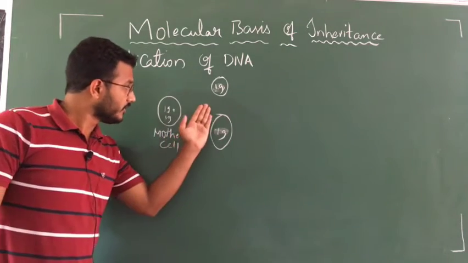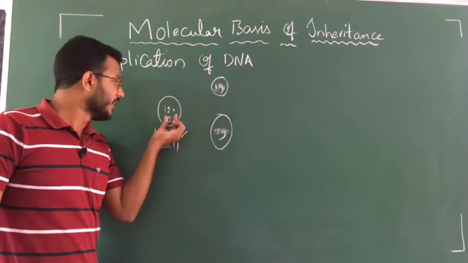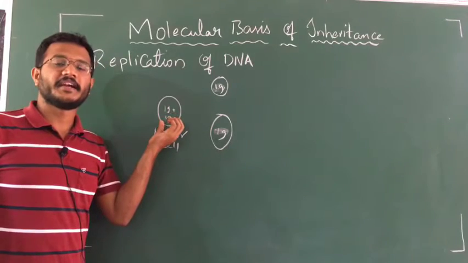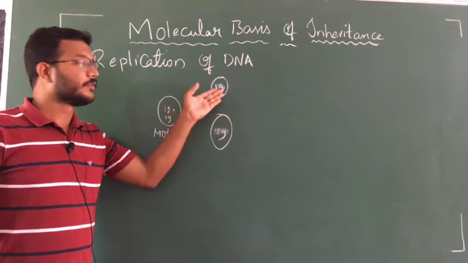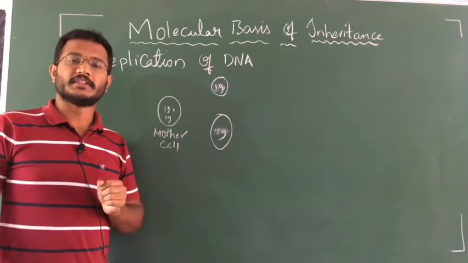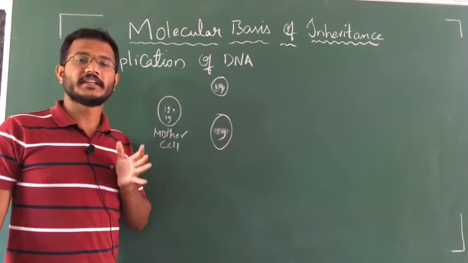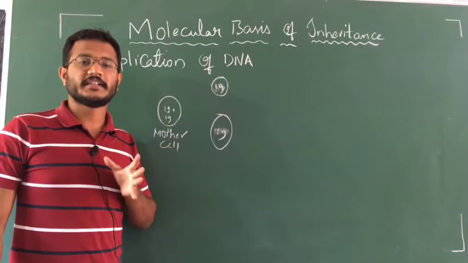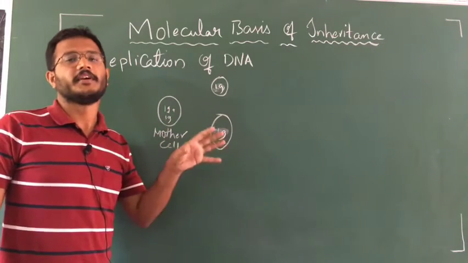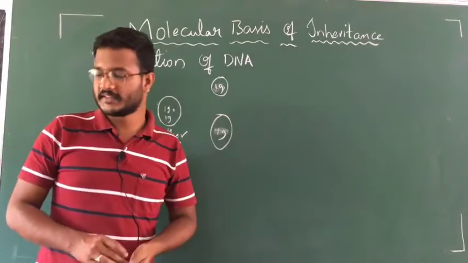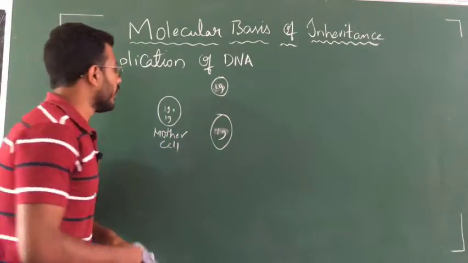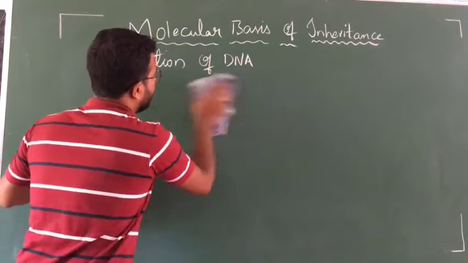So before cell division, it doubles its DNA content, so that as usual 1 gram will go to this cell and 1 gram will go to this cell. So the number of genes will not change, the amount of DNA will not change. So this is the need of replication. And now how will the process of replication start, and what is the process of replication?